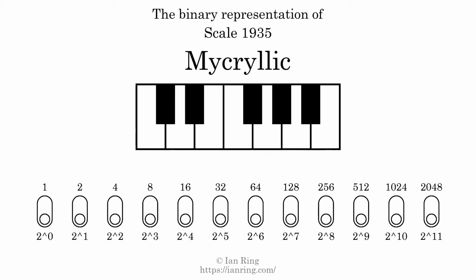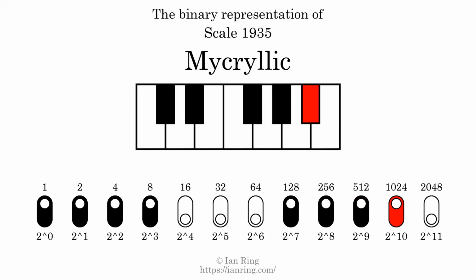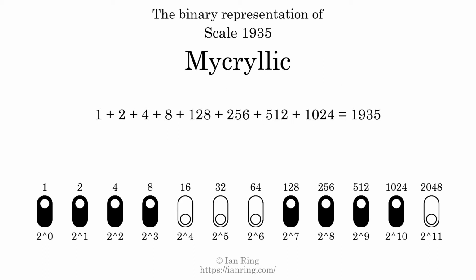The binary representation of this scale is determined by mapping tones of the scale to binary digits. Each binary digit represents a power of 2. To get the scale number, we add the powers of 2 together. The powers of 2 that are present in the scale, all added together, equals 1935. That is why the scale number, in decimal, is